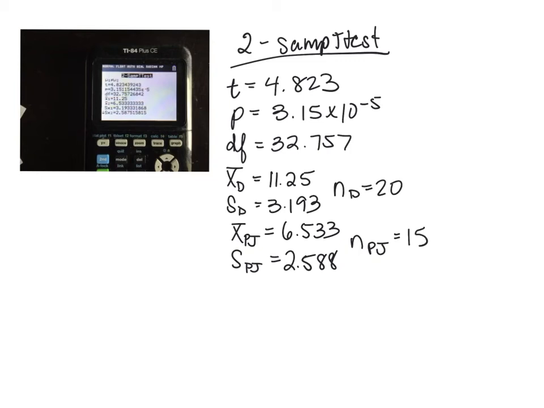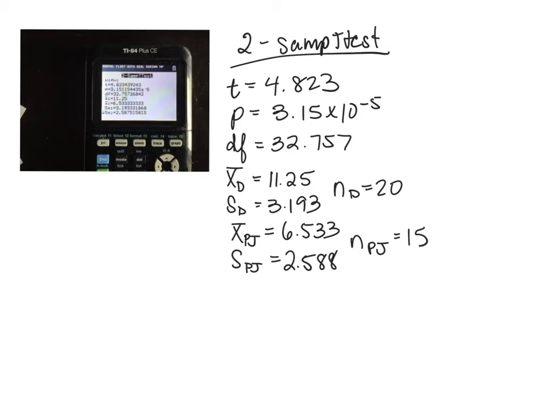And so we have a small p-value, therefore we're going to reject the null hypothesis. We do believe there's a difference. And then what do we believe that difference is? And we'll show you how to do that confidence interval in the calculator as well. So as we